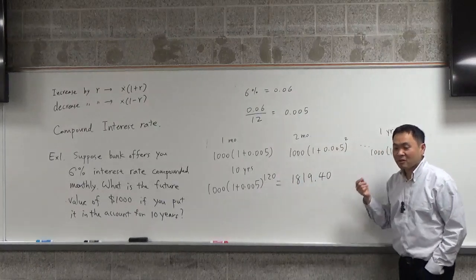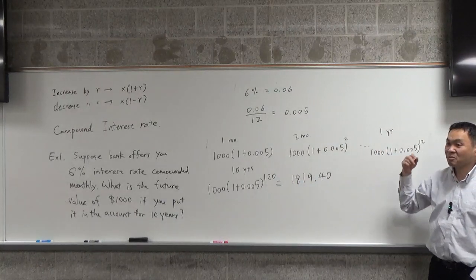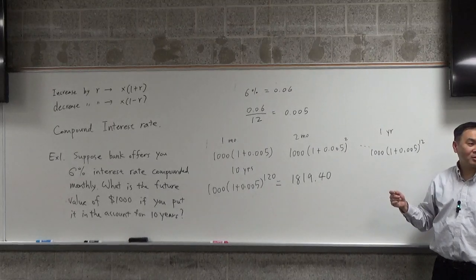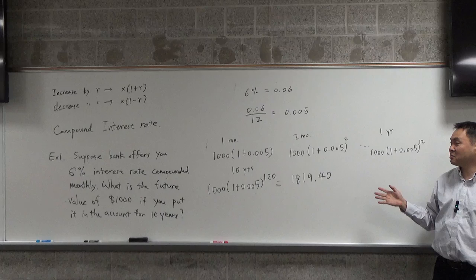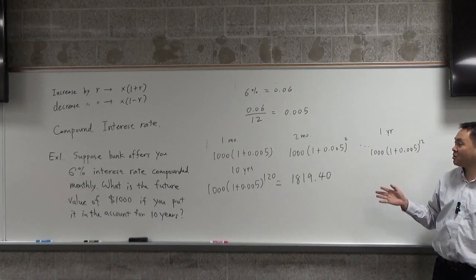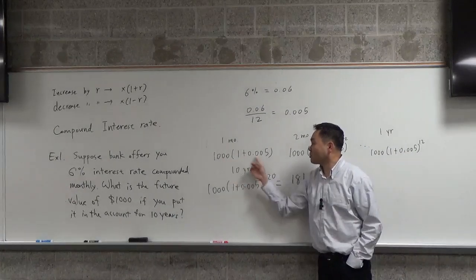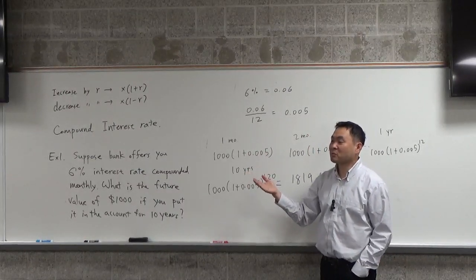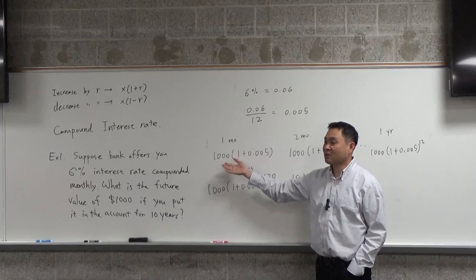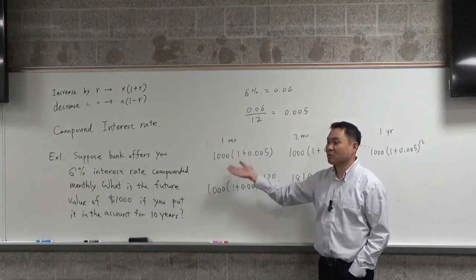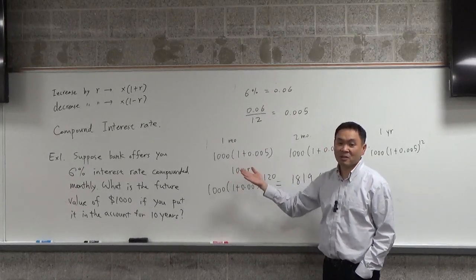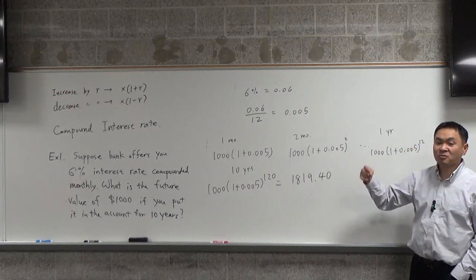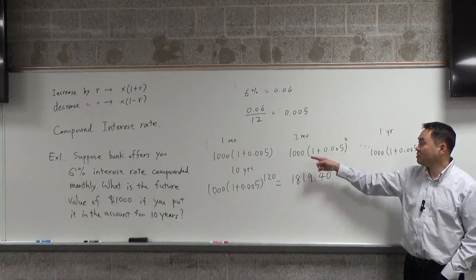So in other words, in this system, interest earns more interest. Now, that might not seem like a big thing to you because this is $1,005. So 0.5% of $1,000 versus 0.5% of $1,005. It may not seem much different to you, but when you do this for a longer time,